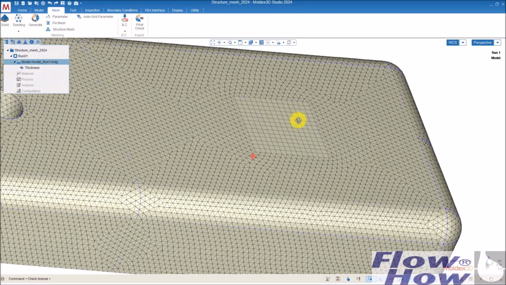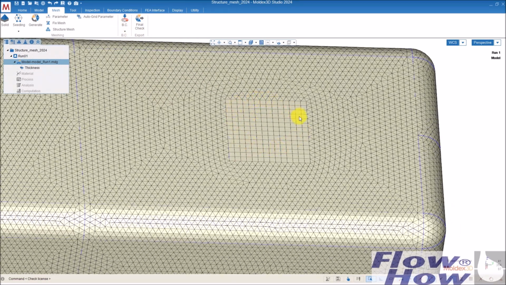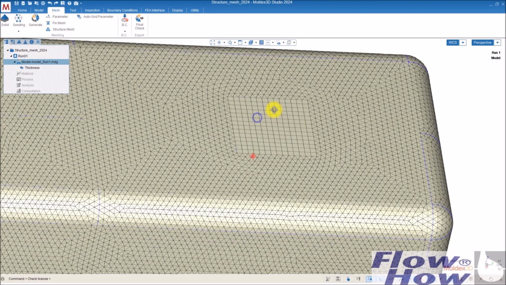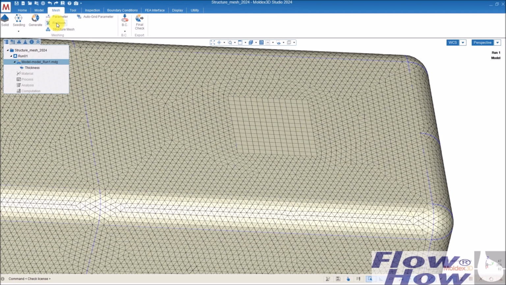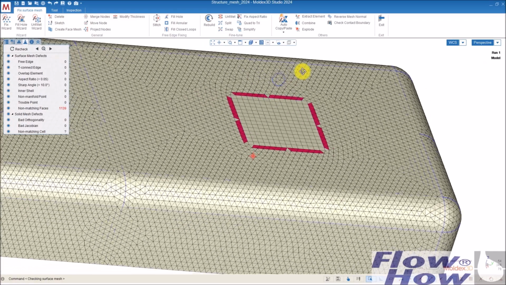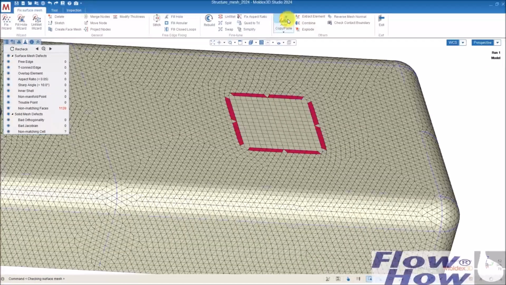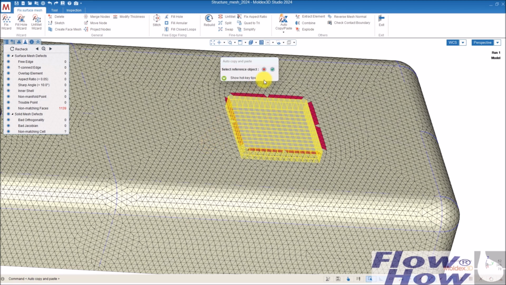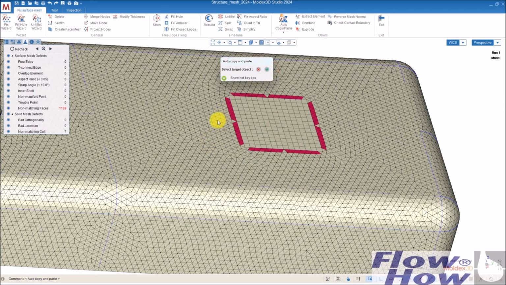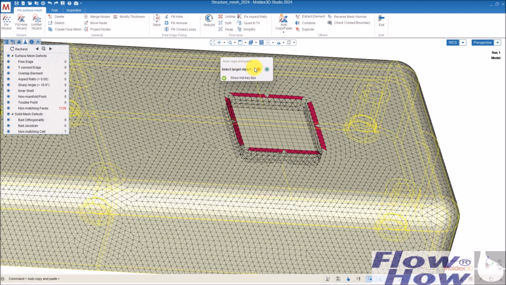First of all, I just need to go into the fixed mesh, and then I can use this auto copy paste. So if I take this one, then select reference object, I need this one, yes, and target object, this one, yes,